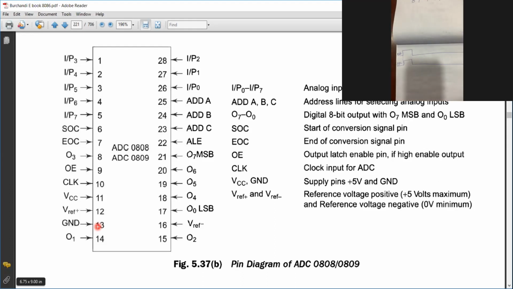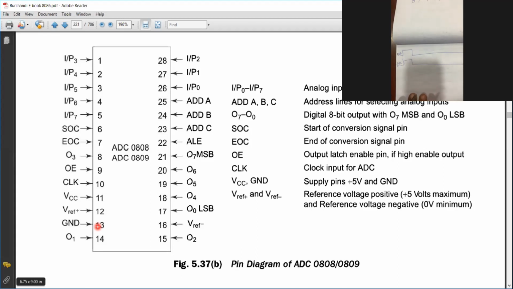Sir, you know in the ports, ready 1, 2, 3, go. Without go, you cannot start your run. Am I right? So without given this SOC signal, ADC cannot start the work of conversion. ADC will not start the conversion. After given the SOC signal, the ALE signal will start to convert. Is it clear? Yes, sir.